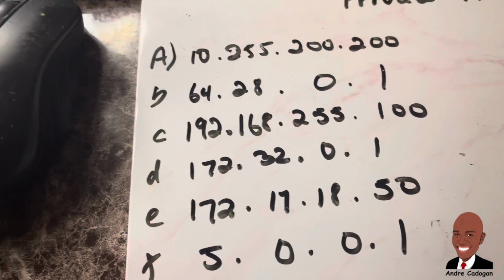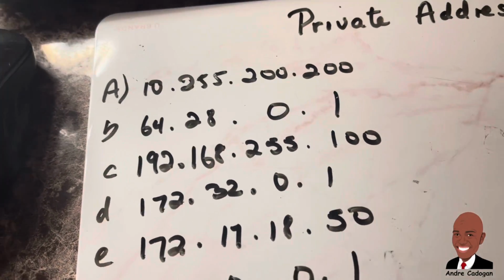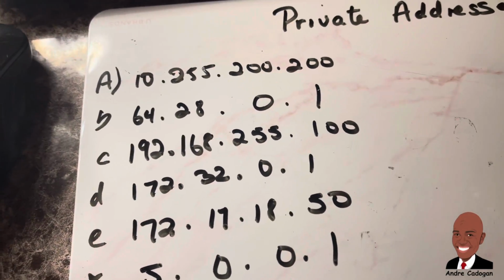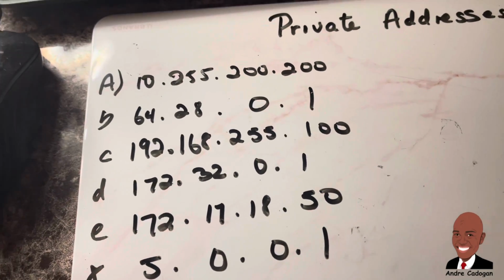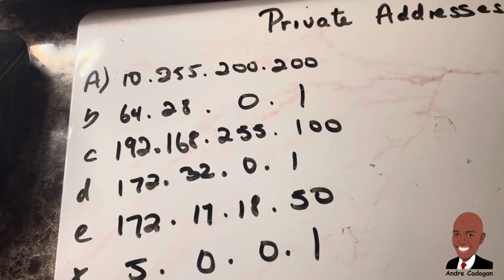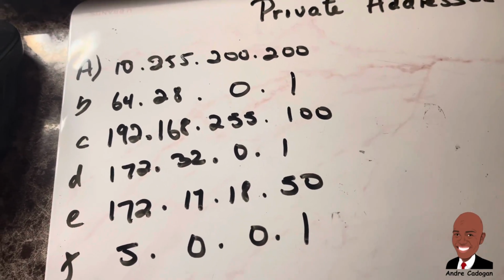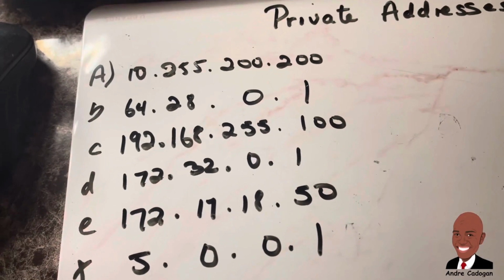Tonight I want to talk about private addresses. And to identify private addresses, there are some things that we need to know, like the range of IP addresses for Class A, Class B, and Class C. So looking at these range of addresses here,